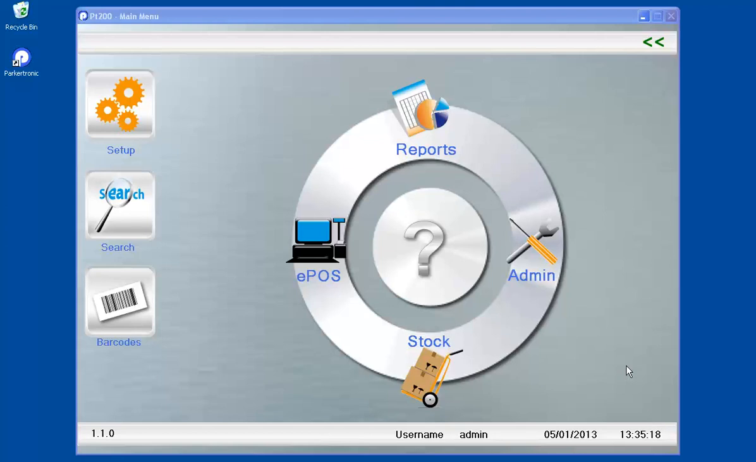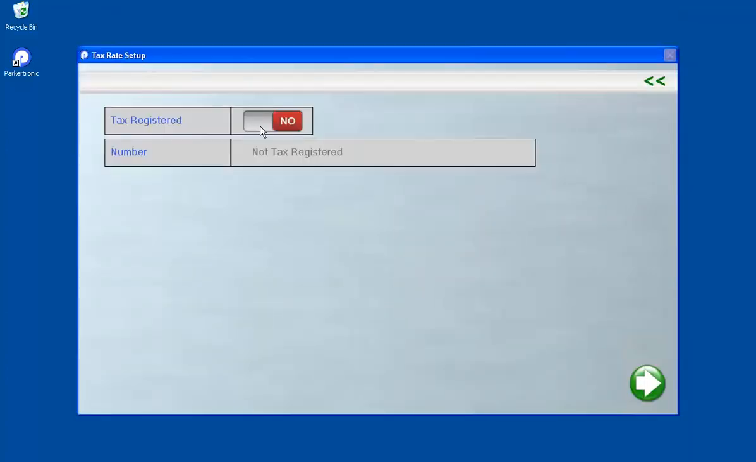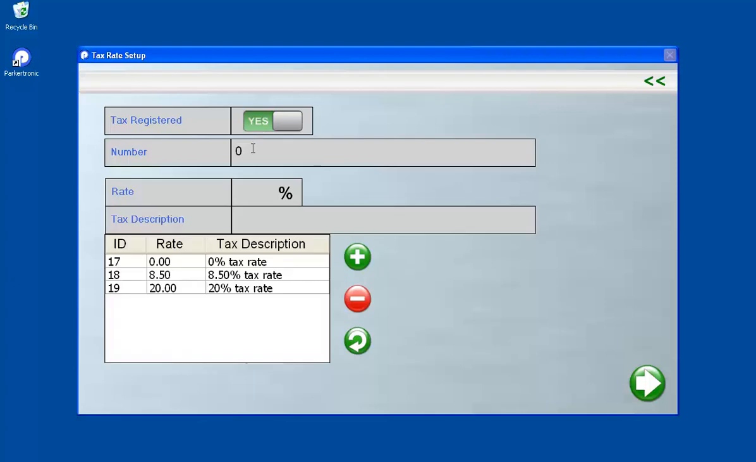This tutorial is going to cover adding products with a tax registered merchant. So the first thing we need to do is set this merchant to be tax registered. If we go to setup and go to tax rate setup and select yes for tax registered,